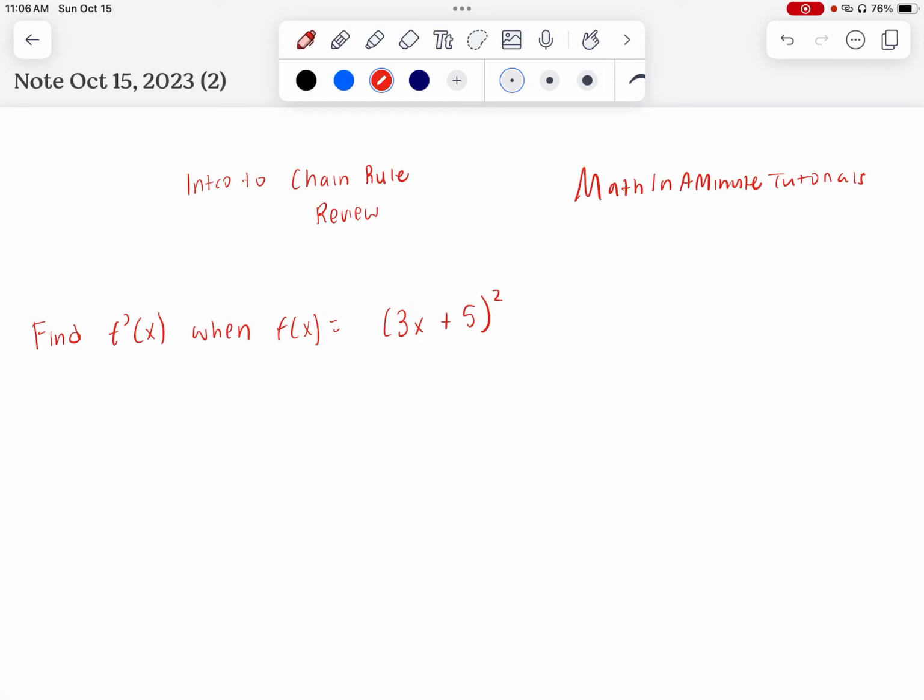Let's take a look at this problem. This is the intro to chain rule. So by this point, you should already know a little bit about the chain rule and how composite functions are derived. Just as a quick reminder, the chain rule is basically